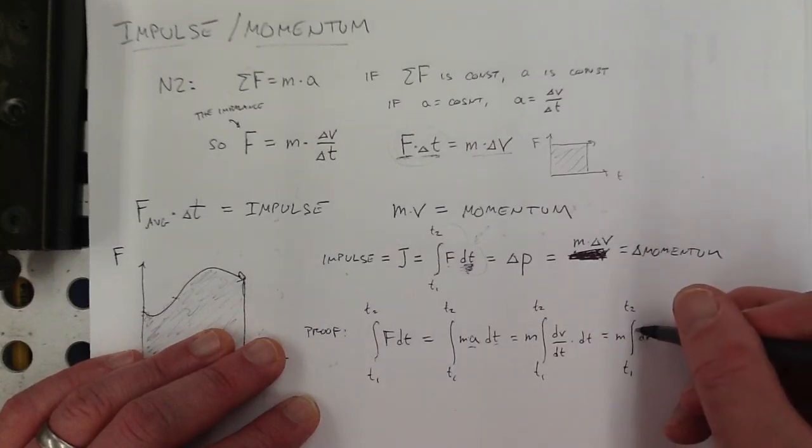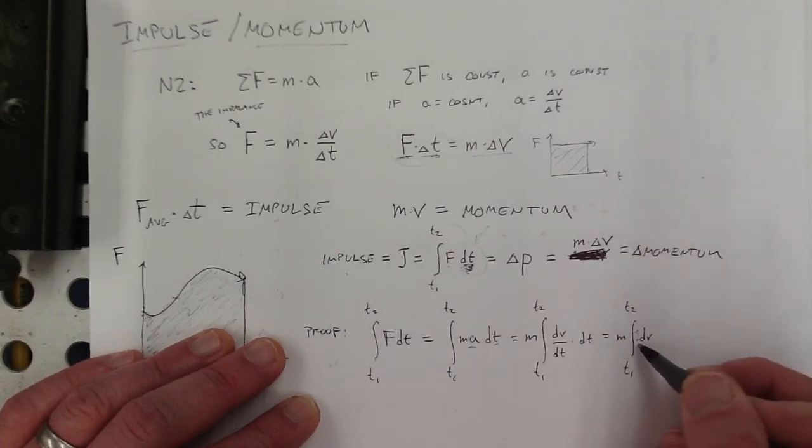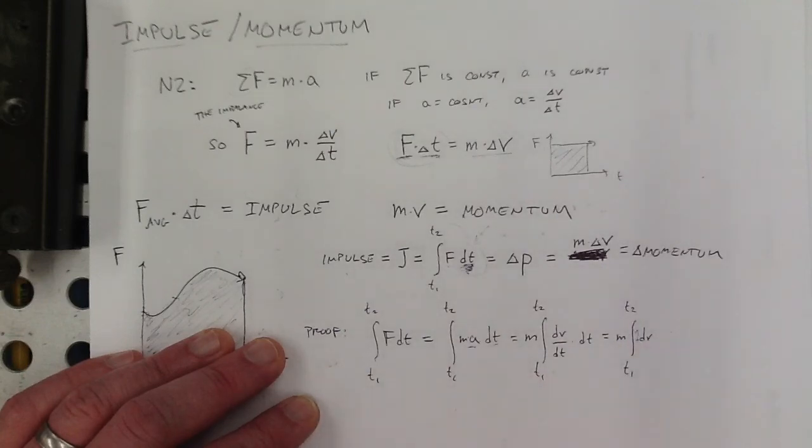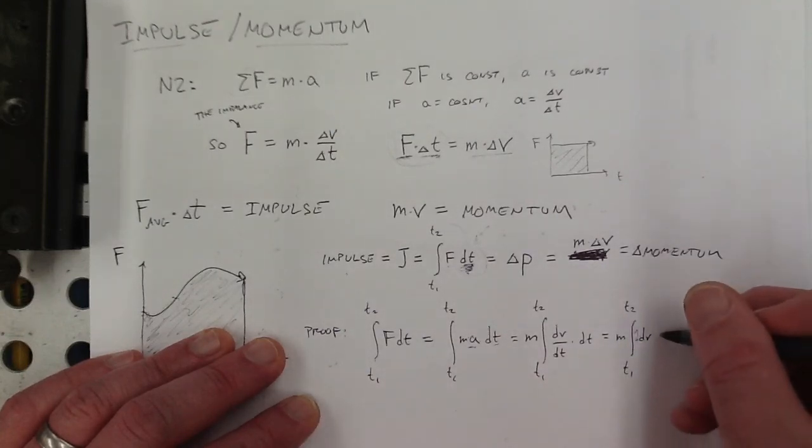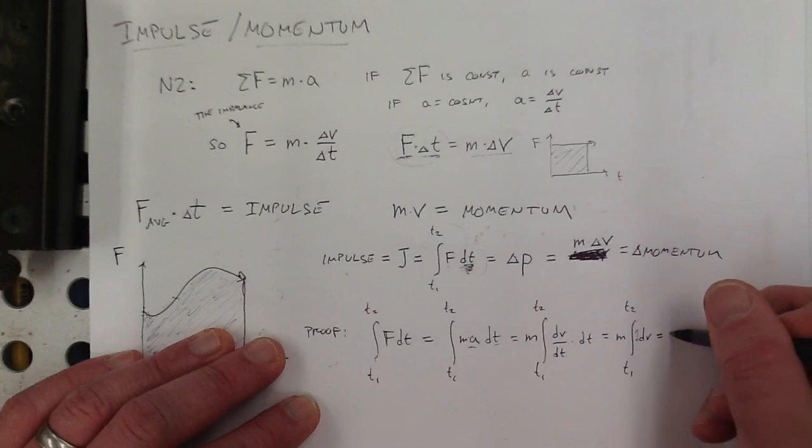Well, that's like asking what's the antiderivative of 1 with respect to v? The antiderivative of 1 is just v, just like if x is the variable you care about, the antiderivative of 1 is x. So the antiderivative here is v,